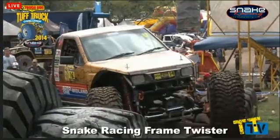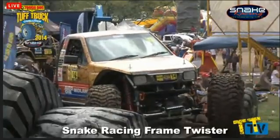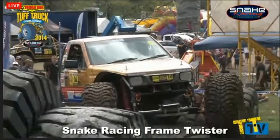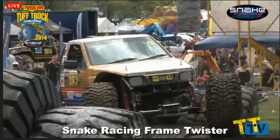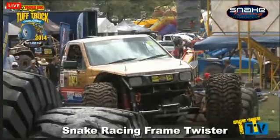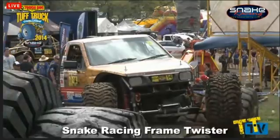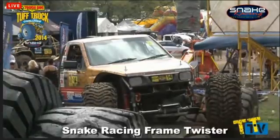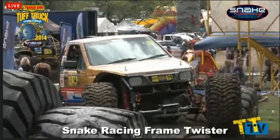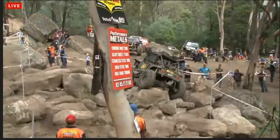So Stuart, it sounds like there may be a little bit of tweaking and redesign before hopefully another attempt next year for these guys. Again, I think they're going to be one of the sneaky peaks of this event. They seem to be getting good, solid points on every stage, and that's what it's all about. There's been not a real lot of fuss, not a real lot of noise, but the guys are just creeping around, banging down the points, banking them, and that's what wins events at the end of the day. That's right, consistency. See a lot of these guys come out and have really